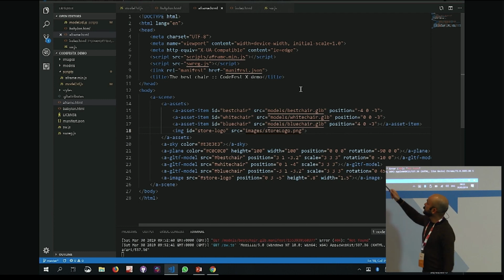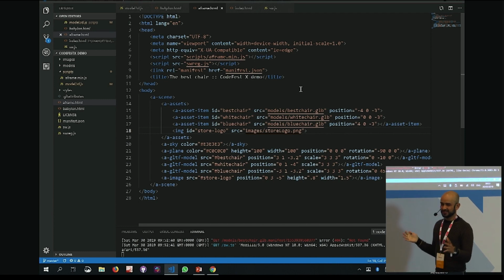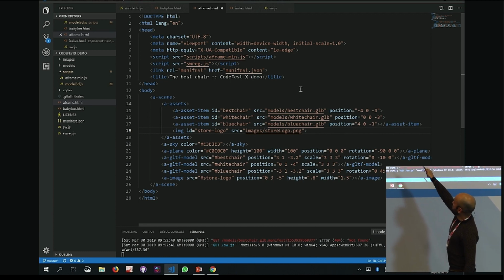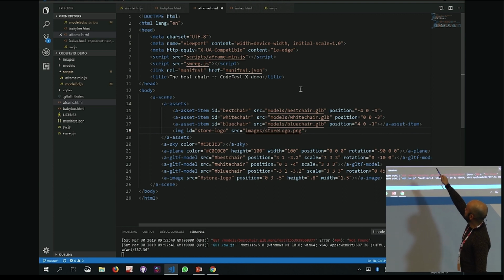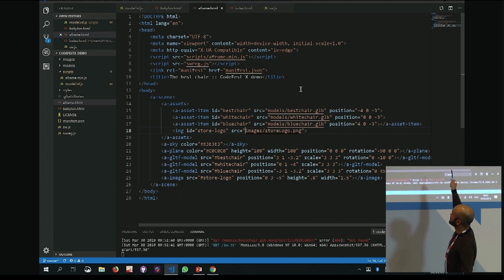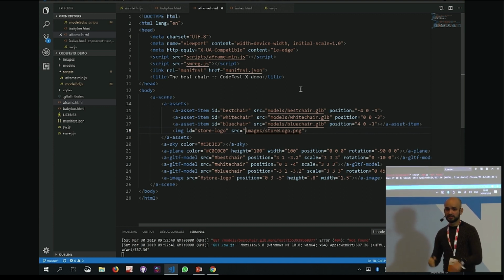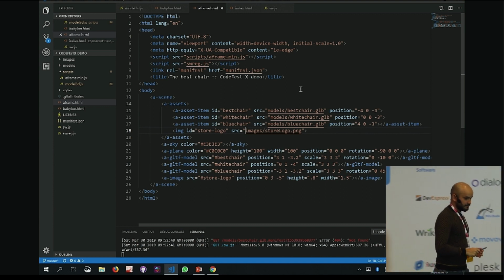This is the A-frame one. This is the one that uses the PWA. I just want you to see what the structure is. You have a relatively normal looking HTML page. You have a scene, and in the scene, it's actually readable. We have three glTF models. One's called best chair, the other white chair and blue chair. Position, scales, and rotation, and a background color that goes with all of this. This one I've added a manifest file, and I've added a